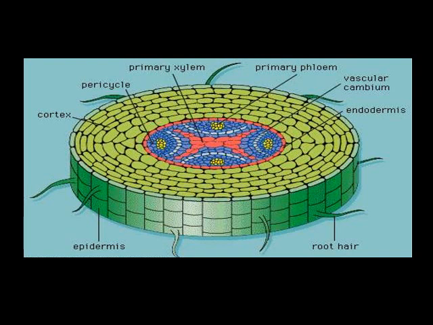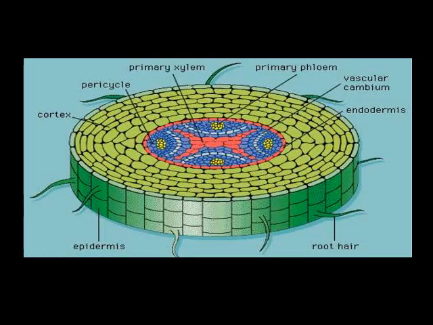Again children, same picture I have elaborated. Here you can see the vascular cambium, shown in white color. The pink color tissues represent the xylem, and the phloem is represented by the yellow one. Now here you will find that the arrangement is a little bit different. So children, in different trees and different plants, the arrangement of xylem and phloem is different.